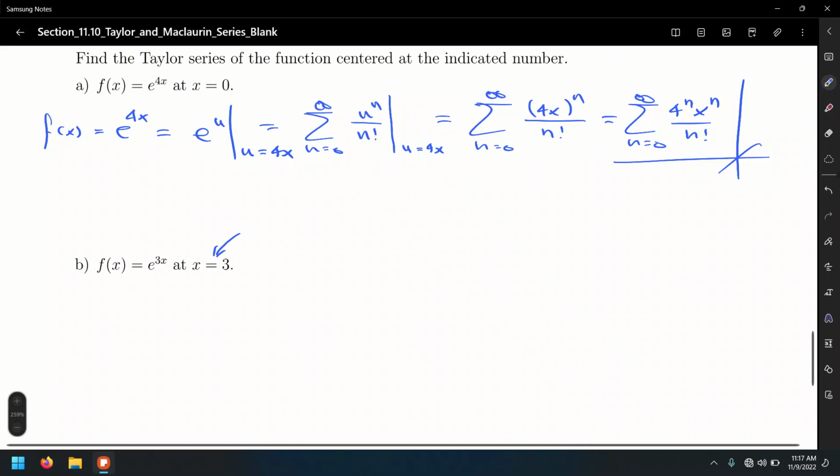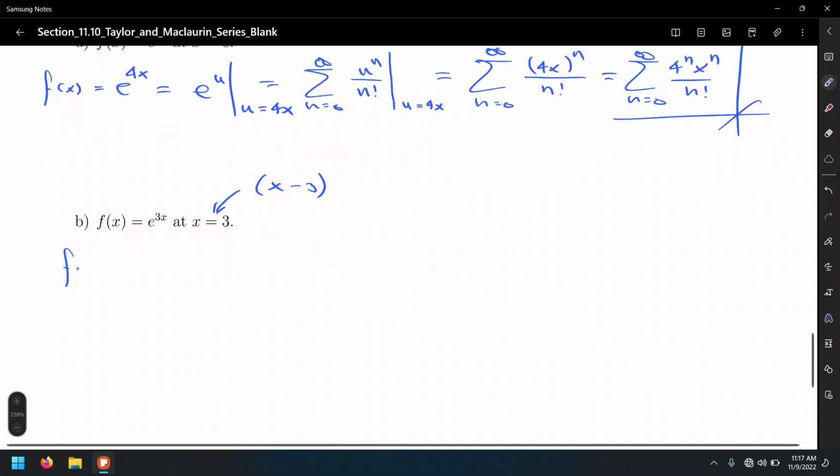This is going to be a series centered, that is going to look like x minus 3 somehow. Now, the question is, do you see an x minus 3 shifting on the original function? It's not there. We have to do it ourselves. All right. f of x equals e to the 3x. Well, how do we turn that x into x minus 3? Well, we wish we had an x minus 3, and we can make our wish come true by, how about